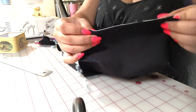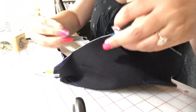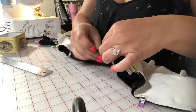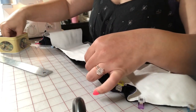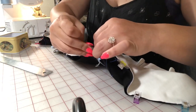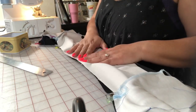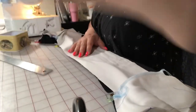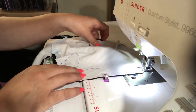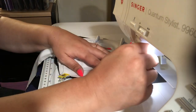These guys, oh, I didn't pin this side. Pin, pin, pin. Okay, all pinned. Now I'm gonna go over to my sewing machine and stitch these two together. All right, let's do it. Okay, I'm gonna try this view and see if you can see under here just a little bit better. Okay, so I'm going to get started